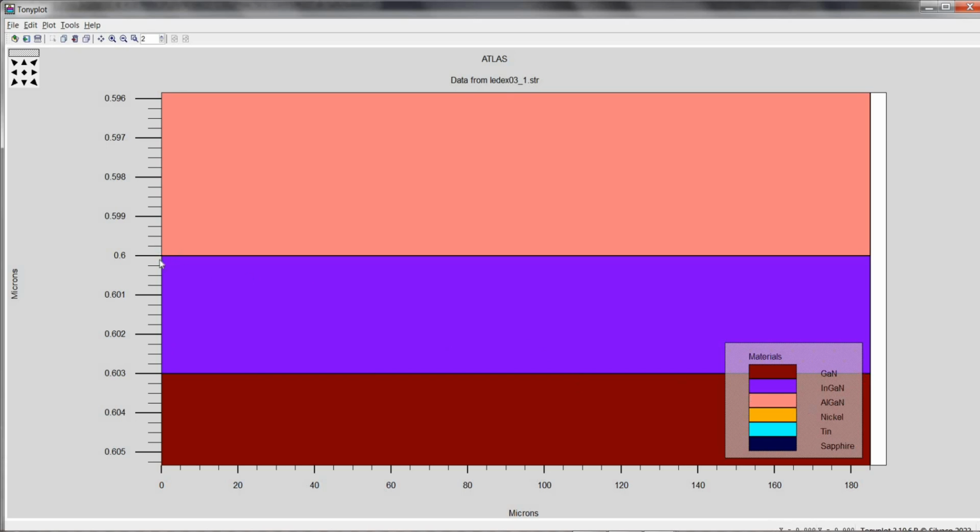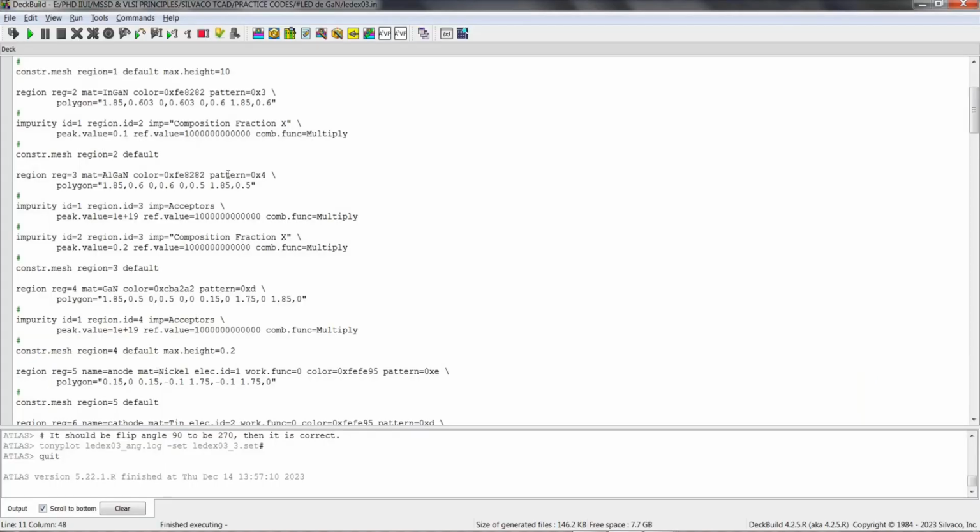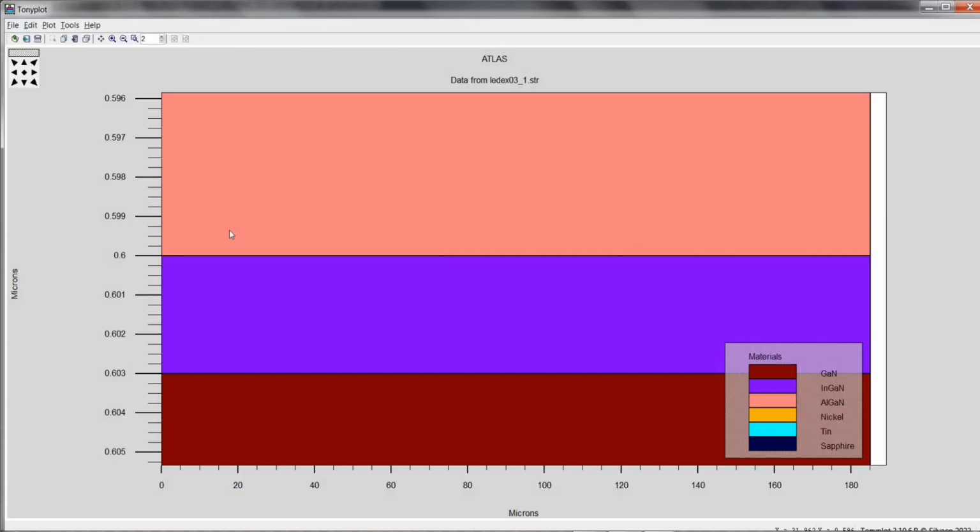So then we define all the coordinates for the indium gallium nitride layer as well. You can start from any point. We basically have 4 points for the indium gallium nitride region, all the 4 corners. So define the coordinates for these 4 points,